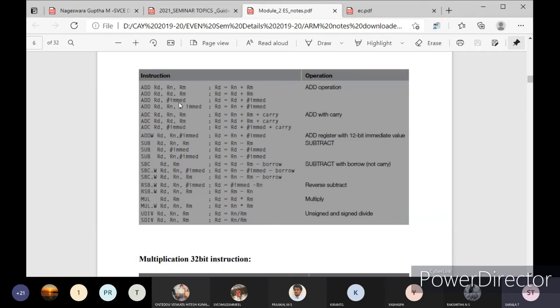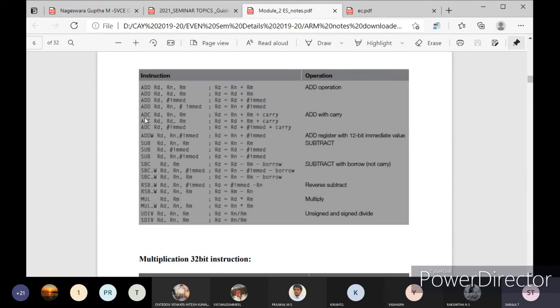And Rd comma immediate value: whatever immediate data is present will be added with the Rd value. The destination previously has some value, then you add them and store it in the destination register. That is one instruction. Another one is Rn plus immediate value stored in Rd.